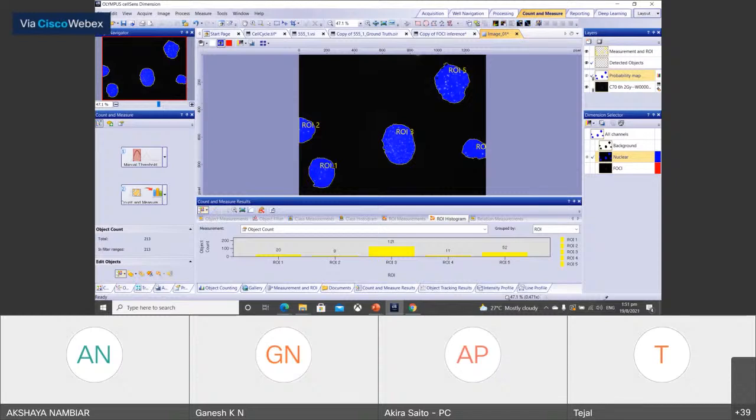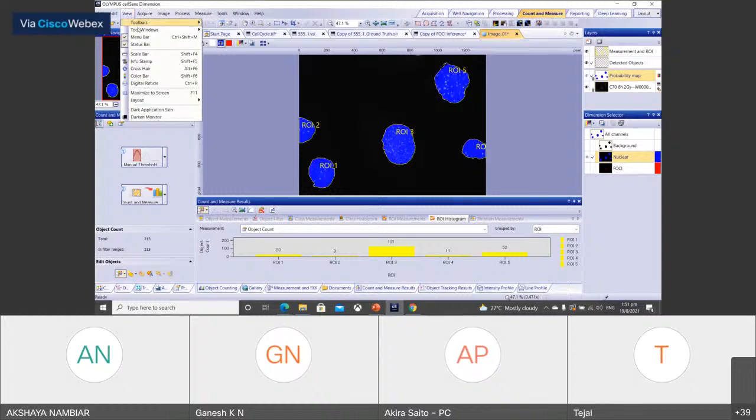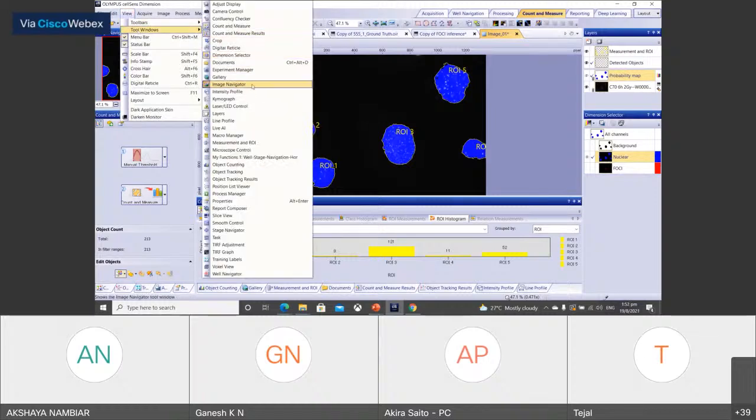But how it works is that first we need to create the objects, and then there is tracking. Tracking is also one of the optional modules. But if you have it, then tracking. Yes, here it is, object tracking.